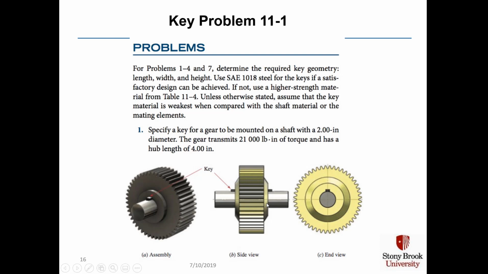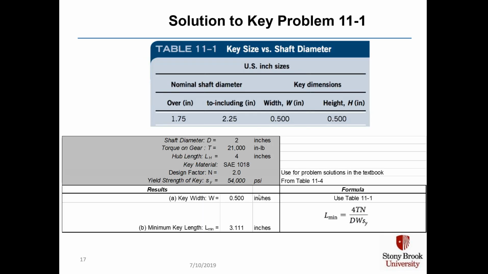So now we're going to calculate: does the key need to do what's in this picture, longer than 4 inches, or is some number less than 4 inches acceptable? We use Table 11-1 for a 2-inch shaft, which is between 1.75 and 2.25, and we find that the key is indeed square, a 1/2 inch width and a 1/2 inch height. Here in the gray shaded area, we put all of the input data as defined in the problem. Being SAE 1018 material, the key has a yield strength of 54,000 psi, and we've chosen a design